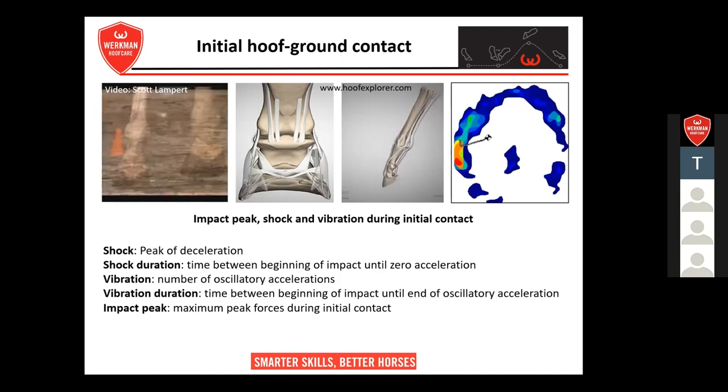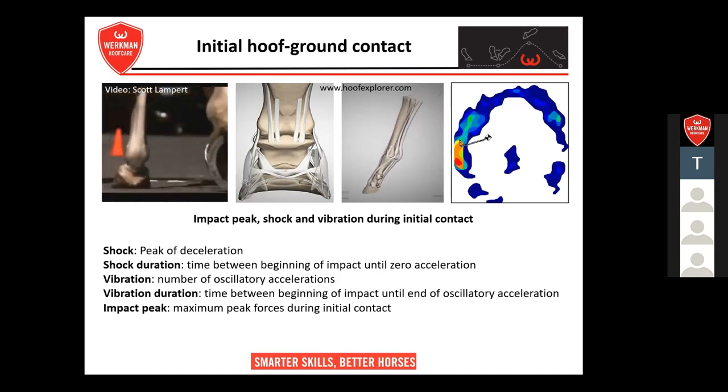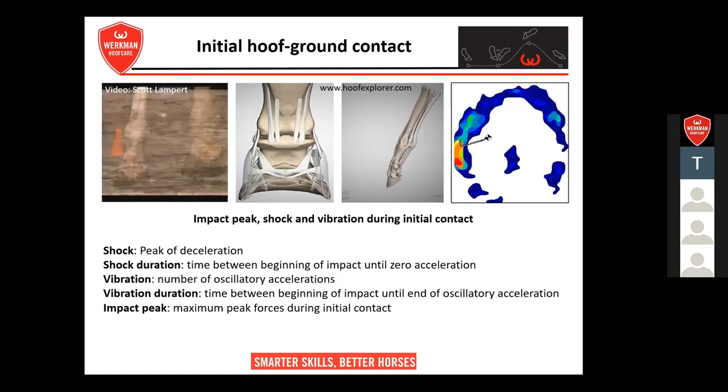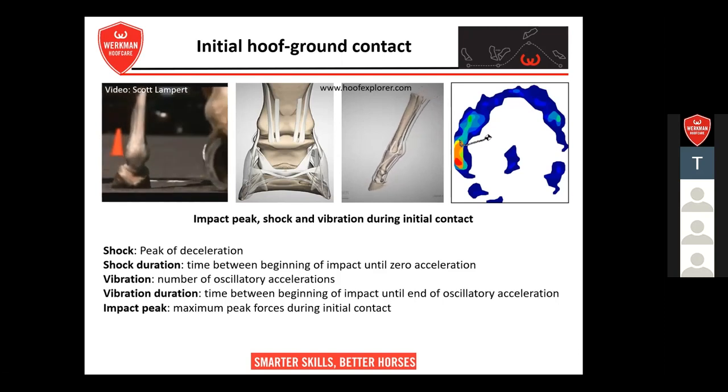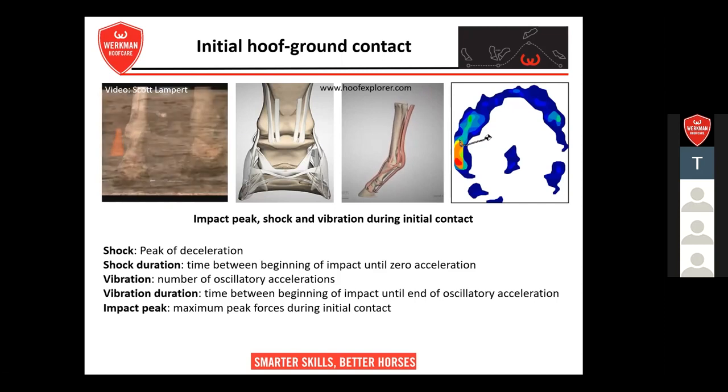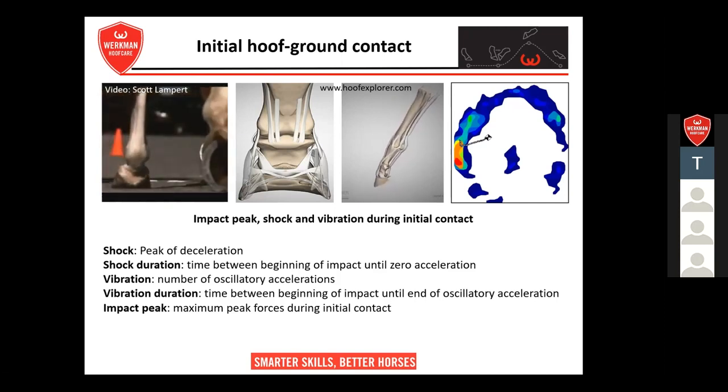You can see it quite well in the pressure image on the right side. You see where the initial contact starts. We have red and orange pressure peaks. So this shows very clearly, of course, if you have a small surface available for weight bearing during initial contact,